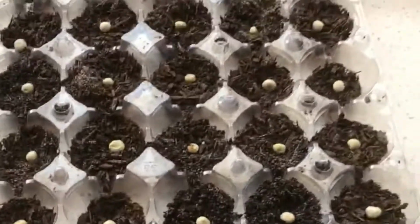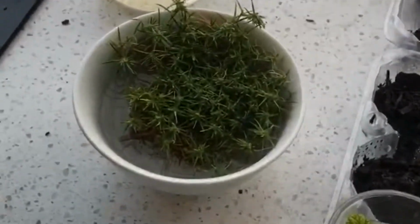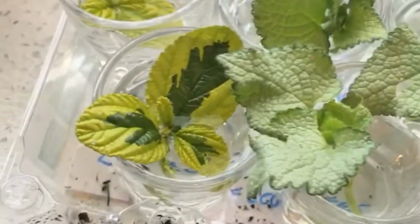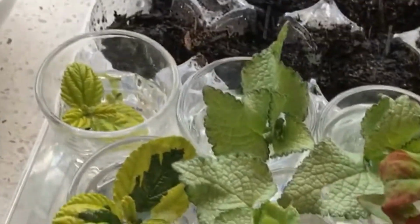I'm just going to throw a bit more of this soil on top of these, give them a water, and let nature do its work. Well, I certainly can see how people get the bug for this. Now, I've grabbed a whole lot of stuff out of the garden, these different plants I want to strike, and just using these little tiny glasses to put them in. 10 or so, I don't know what you'd use those glasses for otherwise. They're tiny, you hardly get a drink out of them. Anyway, I've got the bug, and I'm going to try my luck at